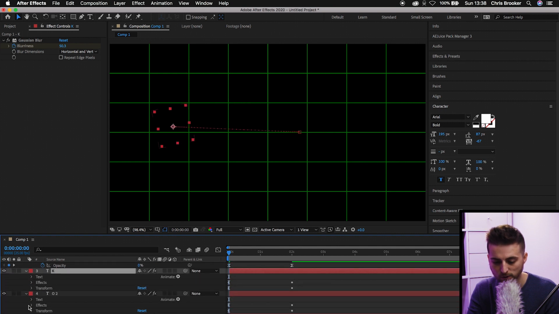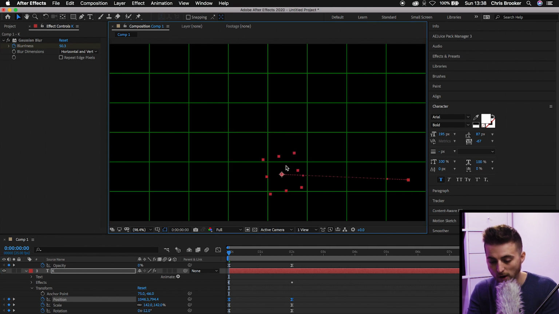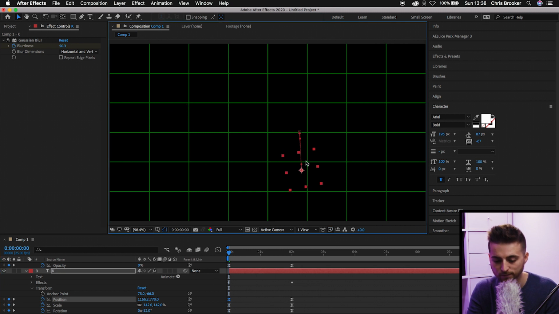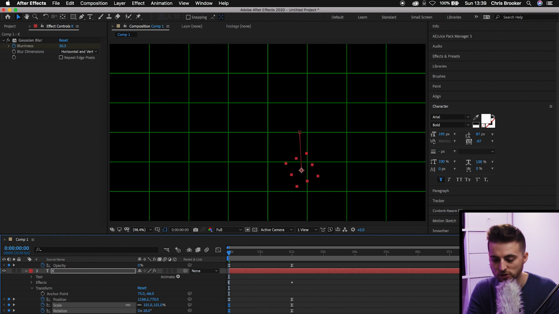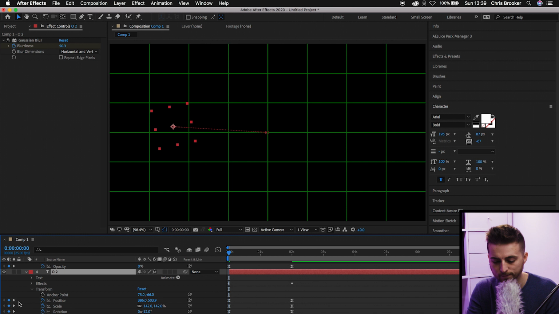to K. So we're going to transform, we'll move the position down, but obviously as you can see I just made a rookie error, everything is selected, so it's going to move both the start and the end point. So we'll undo that, deselect those keyframes, select the first keyframe and move the position down. We'll decrease the scale on this one, add some rotation, and we'll keep working down. So O, transform,